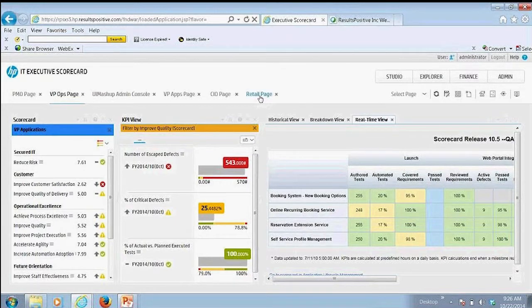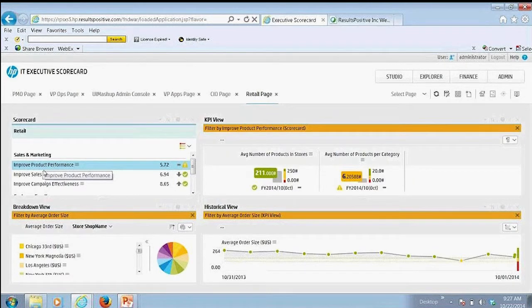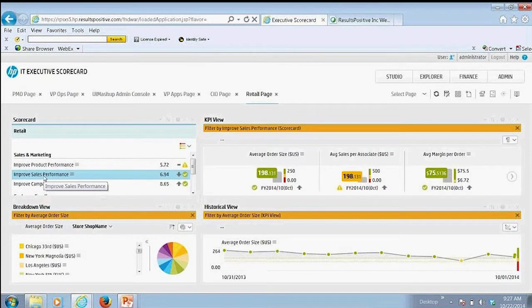The next, just to broaden the whole idea of looking at the scorecard outside of IT, outside of technology: we've set up a retail scorecard here. This is meant for a retailer, for a district manager or a store manager, to really look at managing their overall performance across different dimensions. Here they can look at it from sales and marketing, customer excellence, and employee excellence at that high level, and track the overall performance against these strategic objectives